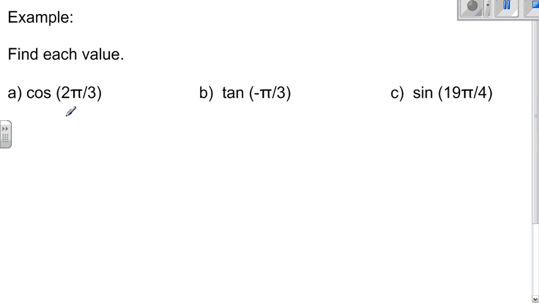So what we're going to look at, 2 pi over 3. So first of all, that would be 2/3 of the way across the top axis. So if it's 2/3 of the way, that means it's 1/3 of the way above. Now this 1/3 above the x-axis is called the reference number,